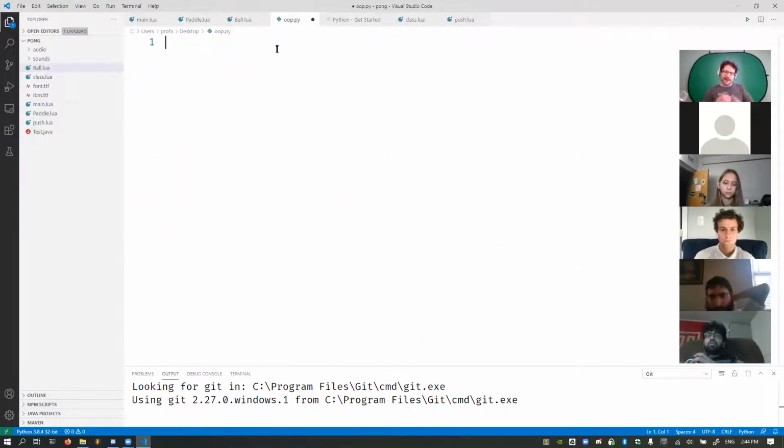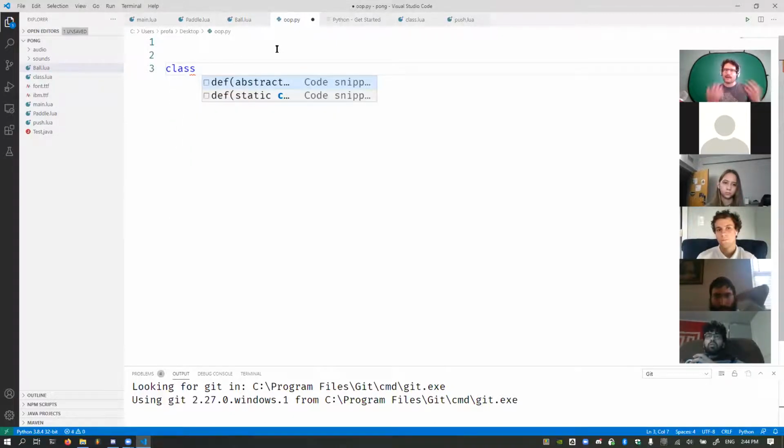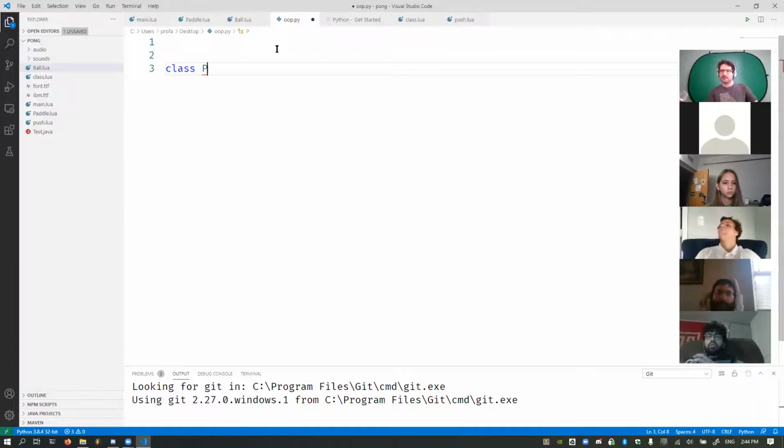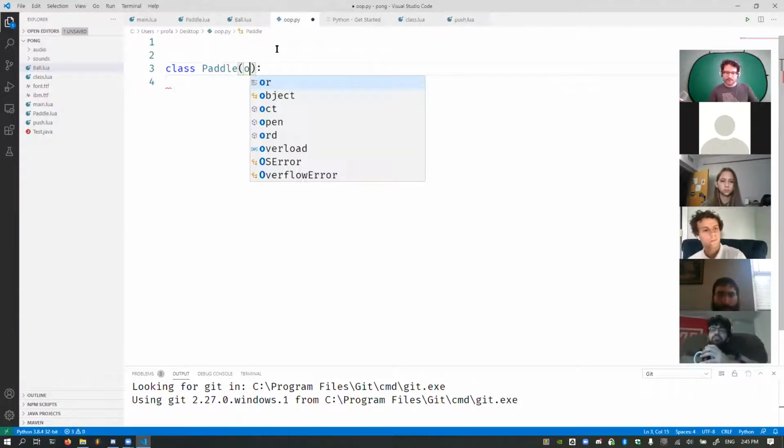So in Python, well, let's go ahead and see how a paddle would look in Python. To declare a new type in Python, we simply say, hey, let's go ahead and create a class. Okay. So a class is basically the blueprint for making what's called an object. You use this blueprint to construct new objects. So class paddle. And I think this is how we do it in Python. And then we can say object.